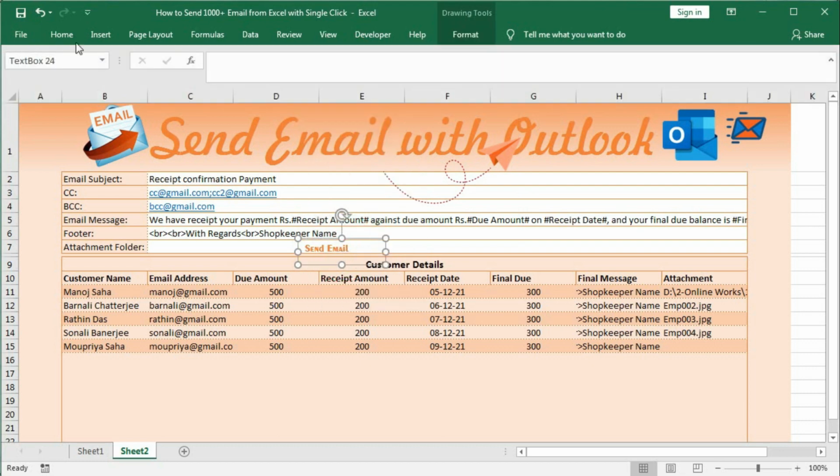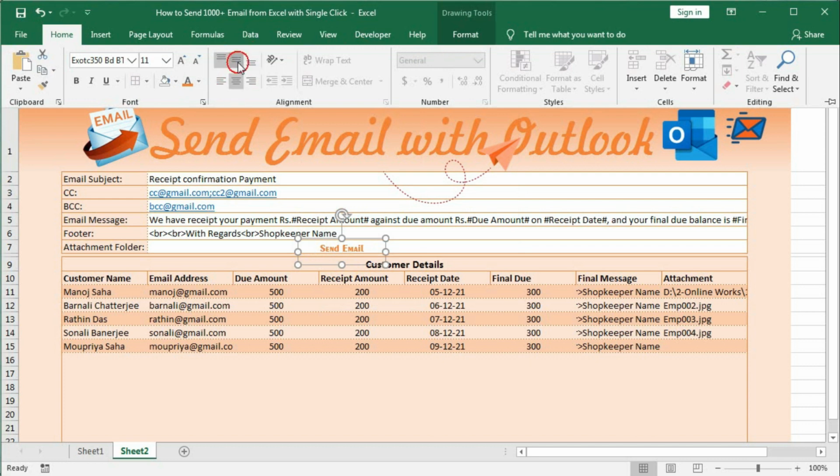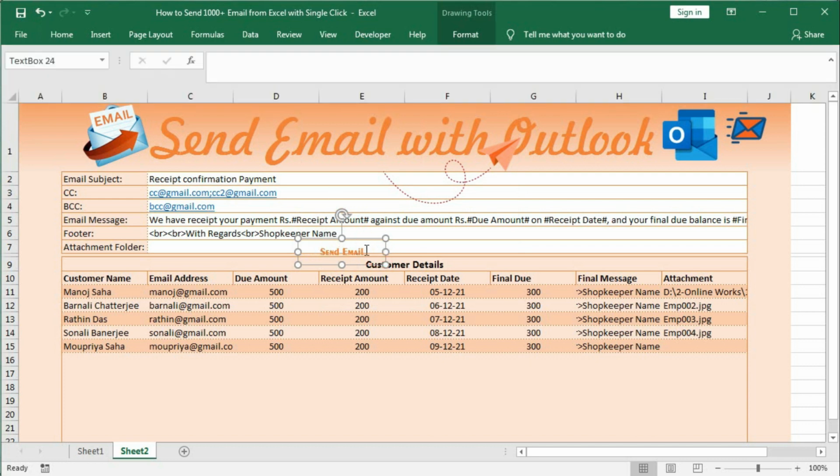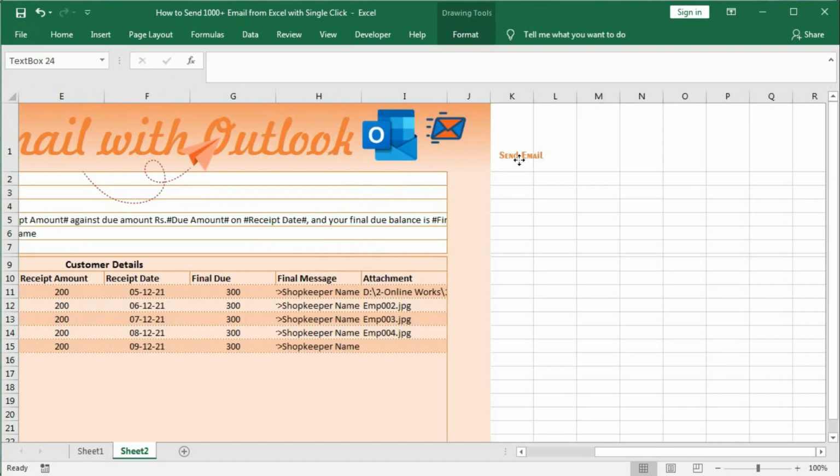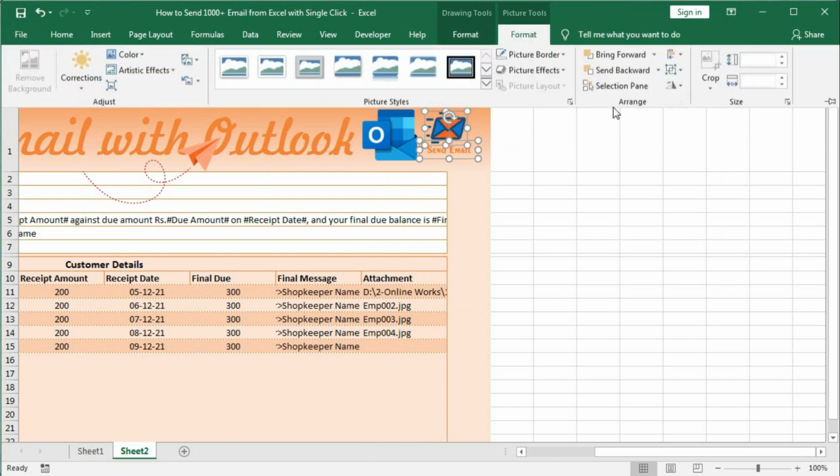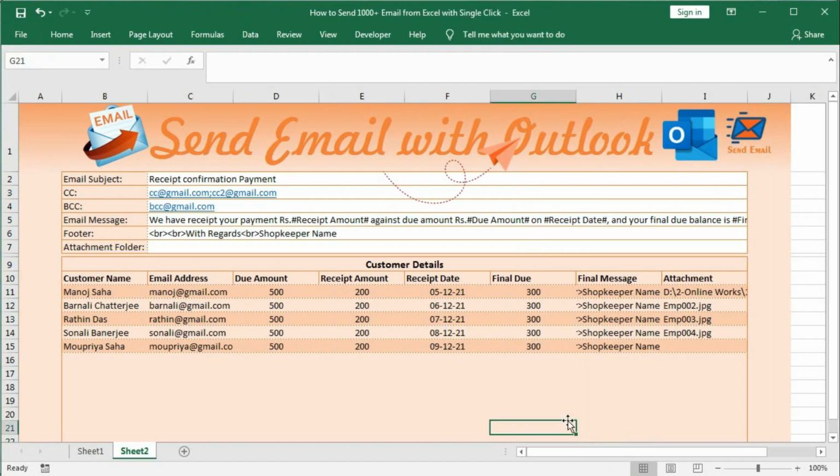Okay, and this should be in center and middle. Okay, now put it here and select this one with control and group it. Okay, it's done. Now we will create the macro for sending this email.